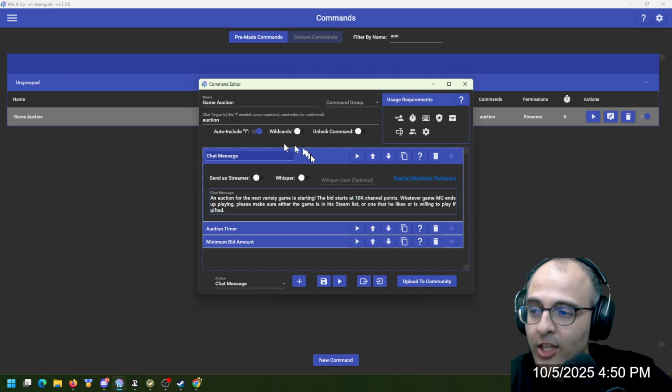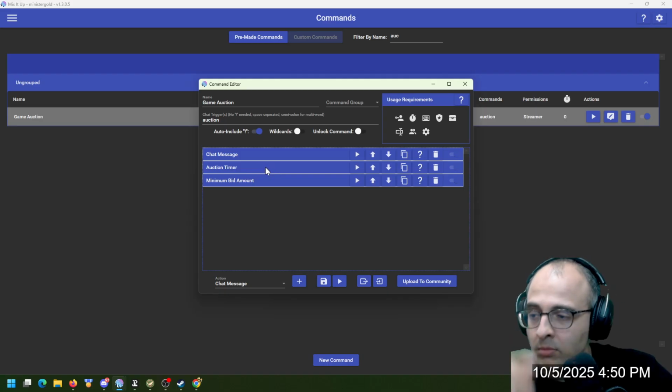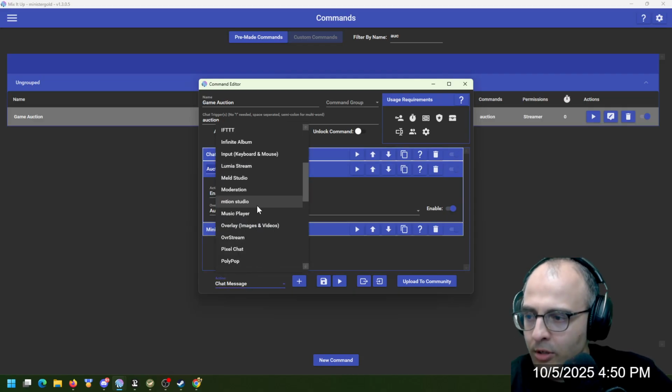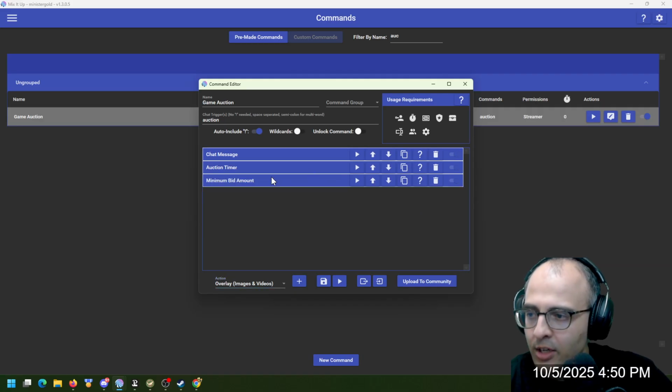Okay. Next, we are activating the auction timer. So go to the drop down, go to overlay, images and videos, add it, set it to enable/disable widget, choose your auction timer, set it to enable. And then